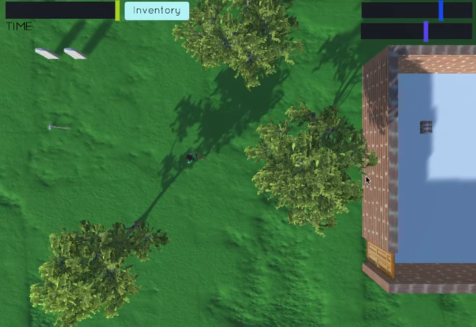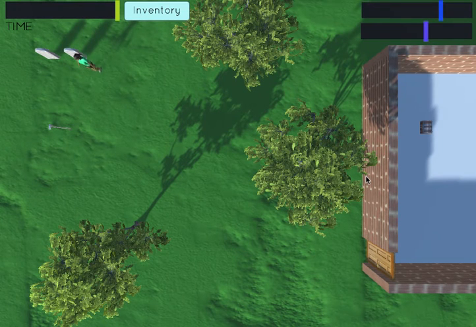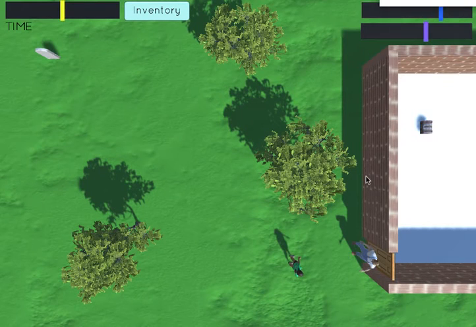So this is what the future looks like. And you'll note there is another gravestone. So you can see that this is fairly far in the future. Also, look there. There's an axe. So if you wanted to, you could use the axe to chop down the door, or you could use it to, well,